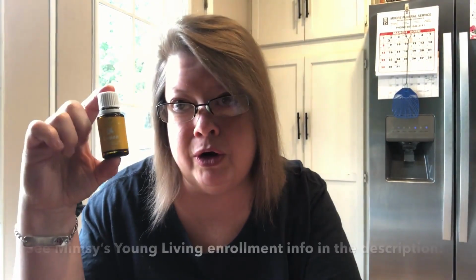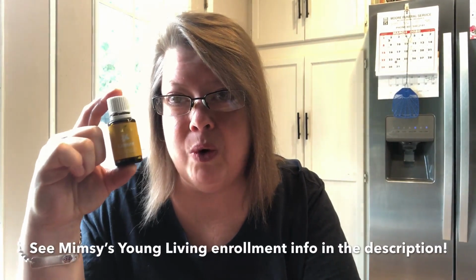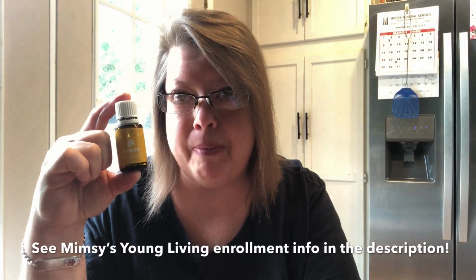So I have a recipe that I'm going to be using. The only things that you need are either some lemons. You could have a couple lemons, or if you're an oiler, just a couple drops of lemon essential oil. 1 drop of oil equals the peelings of 2 lemons. And using an essential oil is a whole lot faster. When you use just lemon peelings, you have to let it soak or sit and marinate in there for a